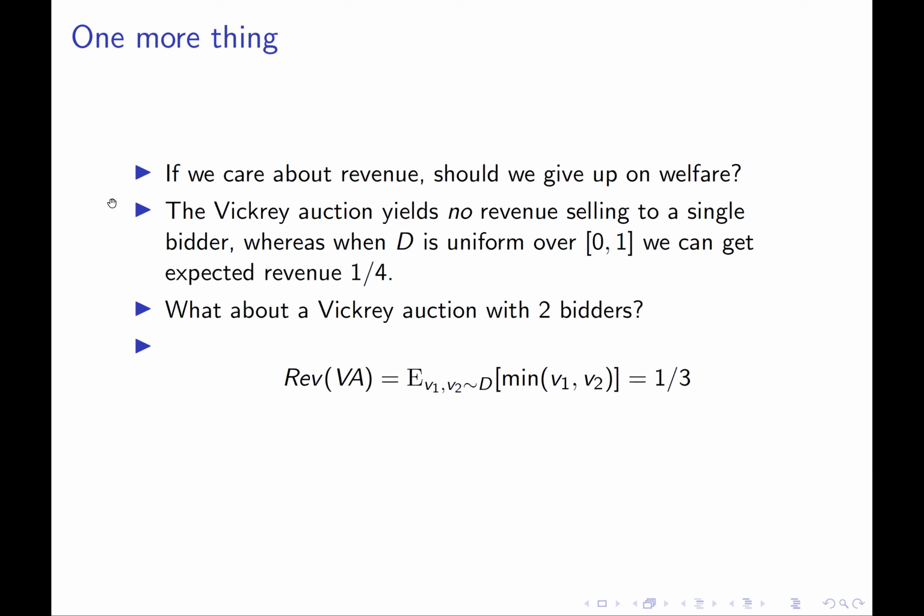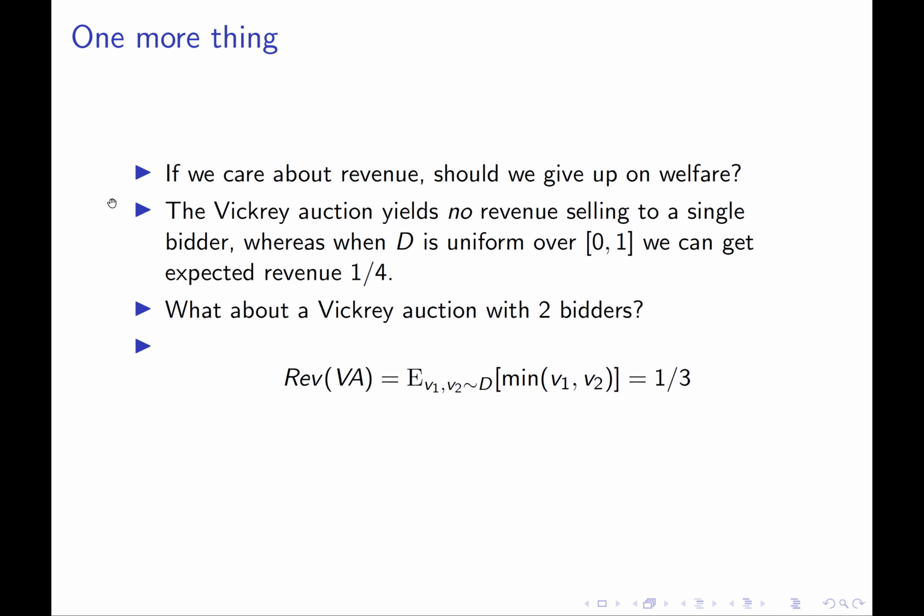But let's think about what happens if instead of having 1 bidder, we have 2 bidders. Suppose we have 2 bidders and they both have value drawn uniformly between 0 and 1. Well, now we're going to start to get some revenue, right? Because we're going to give the item to the high bidder and charge him the value of the second highest bidder. So the revenue of the Vickrey auction in this case is just the expected value of the minimum of the 2 valuations. It's pretty easy to convince yourself that for the uniform distribution, the expected value of the minimum of 2 draws is 1/3,